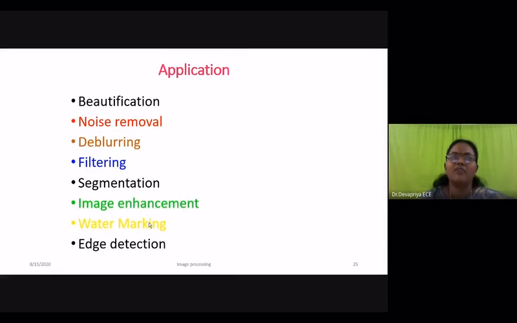I know everyone is using the camera for capturing images. There is an app called Beautification, mostly applied in the front camera. Whenever we take a selfie through the backside of the camera, you will be able to notice some black marks on your face, like black dots. But when you take the photo and apply beautification in your front camera, your face will look bright. That is, they are applying the beautification concept.